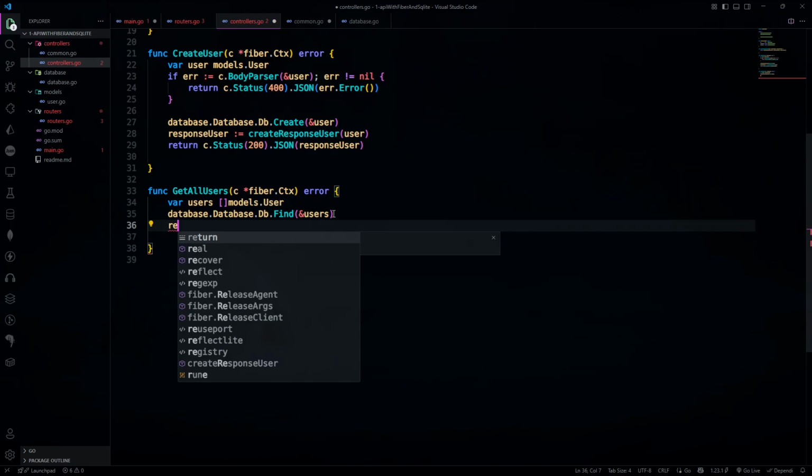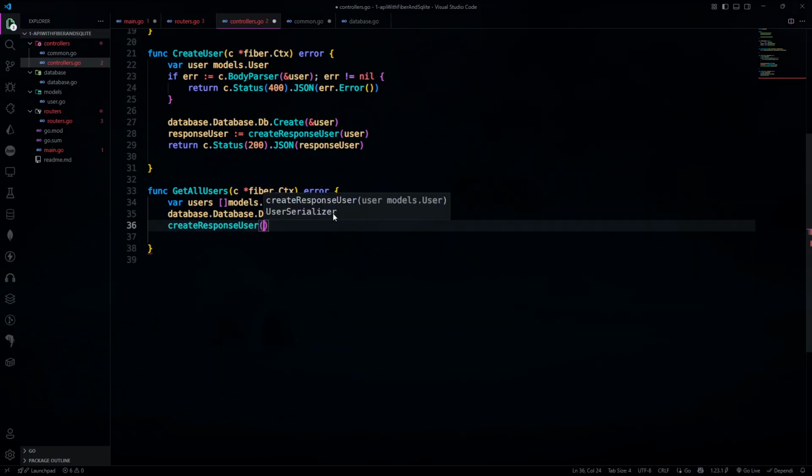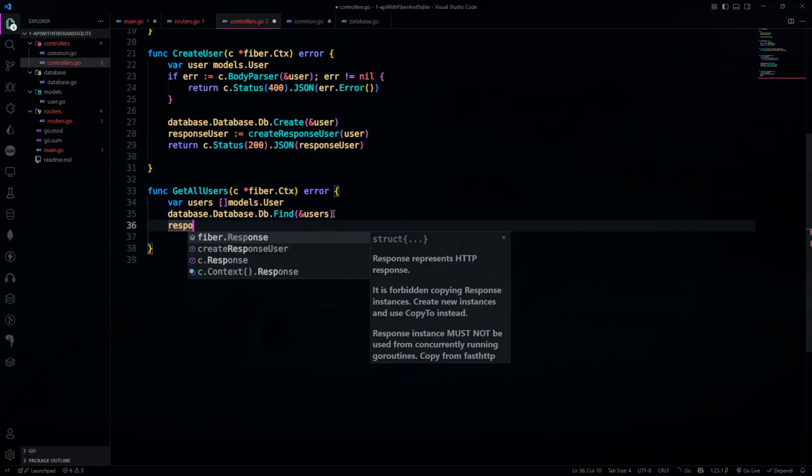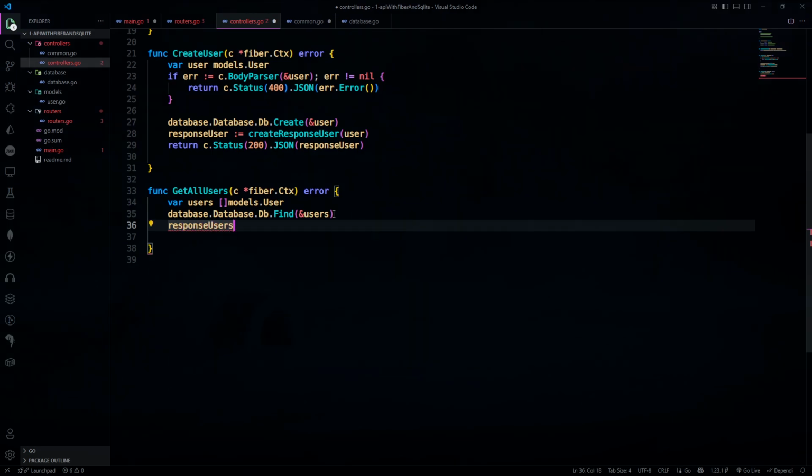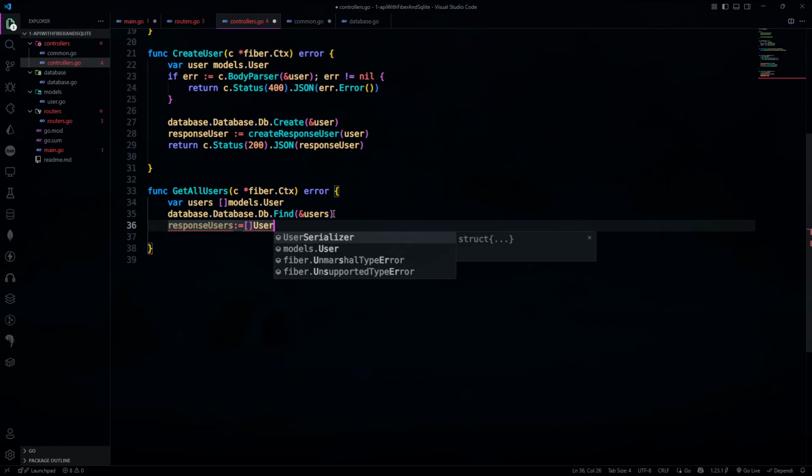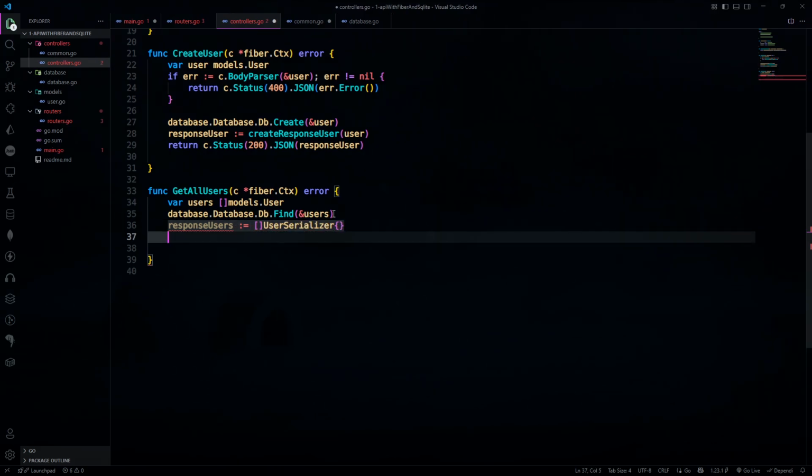So like response users, the user serializer. Its type is user serializer, and for the first argument, which is not required, I have given the underscore, and the second is user, range users,